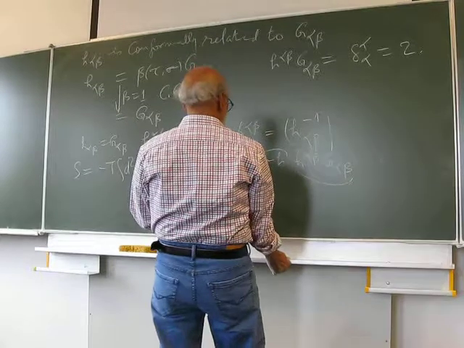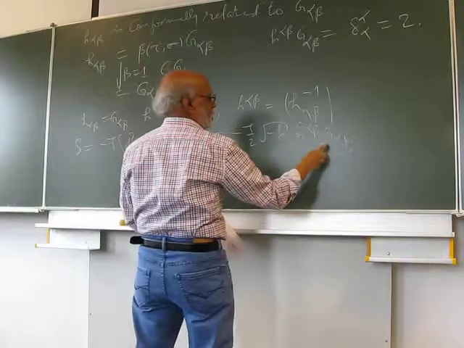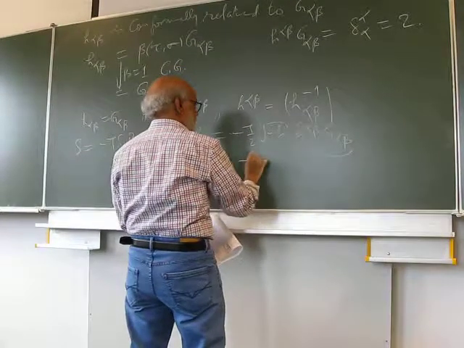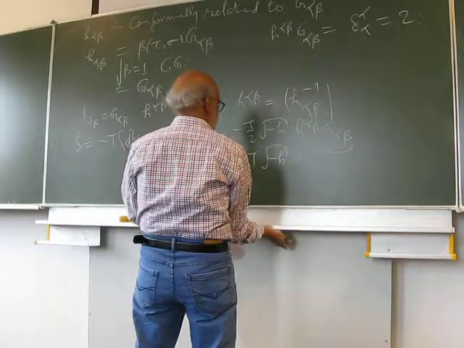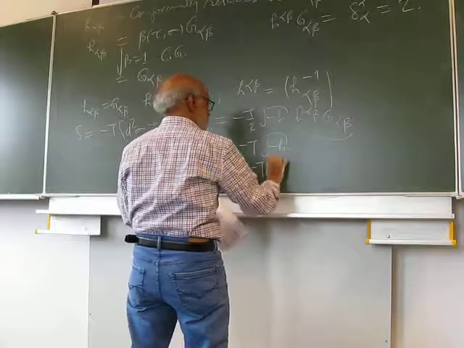So this is then equal to 2. This is just T minus T square root of minus h, and this is